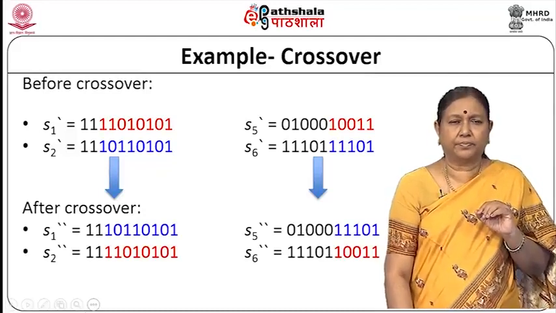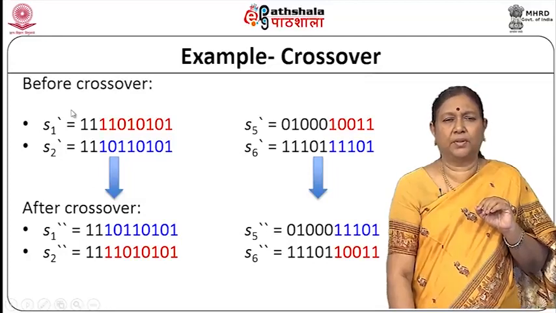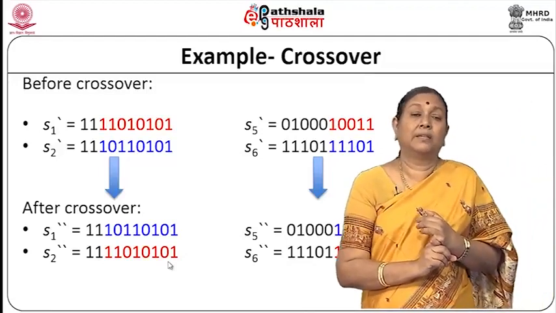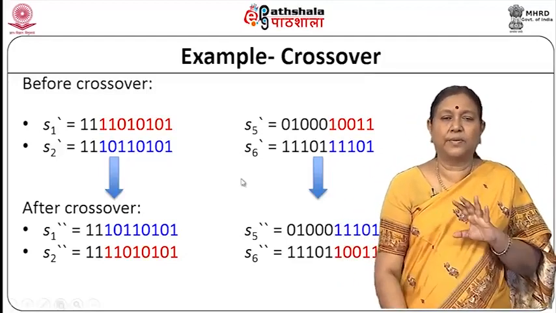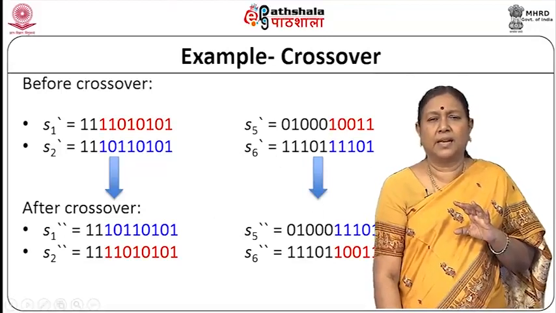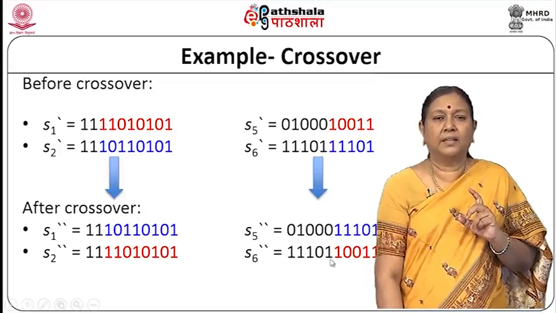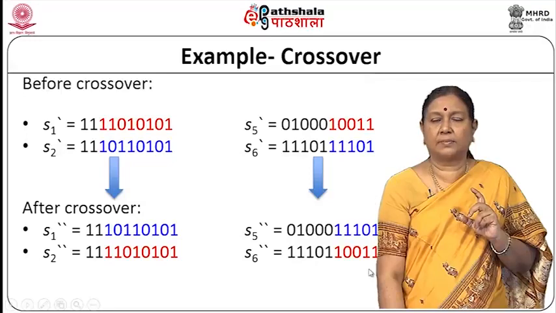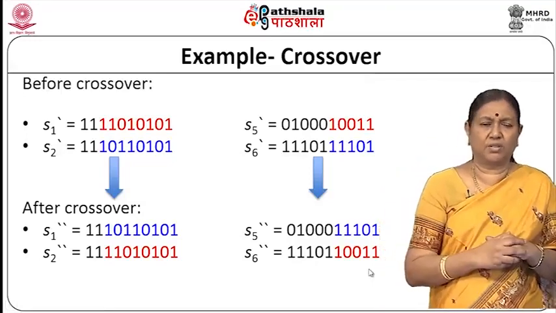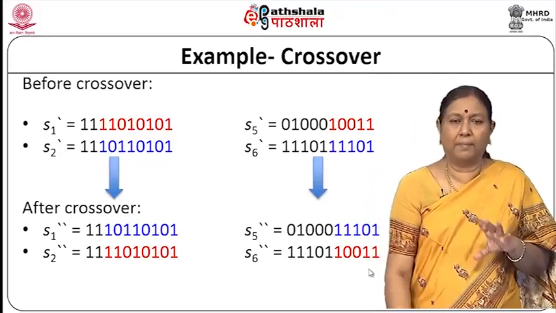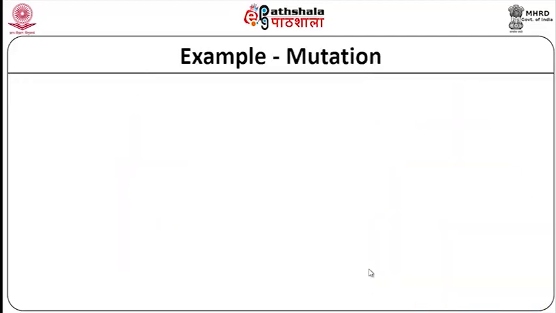So, here we have the 2 offspring that are produced. So, this part comes as it is and this is put here, and the second one has this part as it is and the first one is put here. So, that is the 2 offspring with point 2, and the next one we are assuming 5. So, this comes as it is and the second parent's part will come to the first offspring, and this comes as it is and this first parent's part will come here. So, we have already explained the crossover operation points. So, these are the 4 new individuals, offspring that come after the crossover operator.